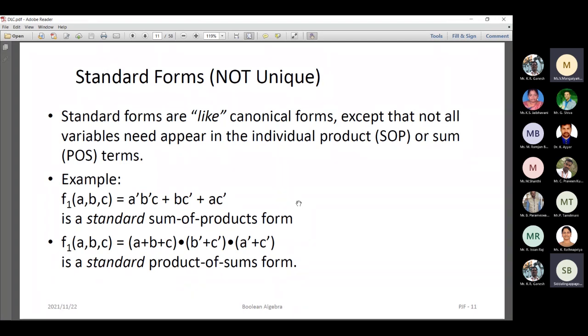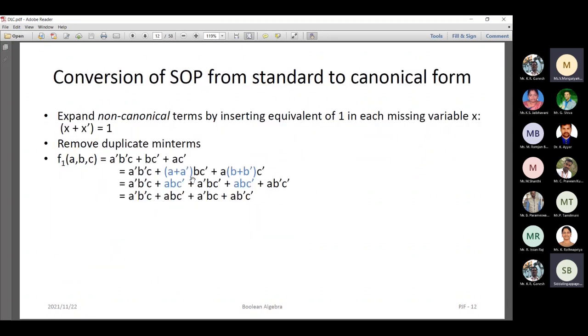So there are examples of conversion of standard form to canonical form, right? We need to convert this into a canonical form. Such types of problems are there. You can see this is a standard form, right? This expression is nothing but a sum of products. You can see sum is there, product is there, right? So the sum of products should be converted to canonical form. We call this a standard form because B is missing, A is missing, right? And we are going to convert this standard form into the canonical form, wherein all the terms consist of A, B, C parameters, right?